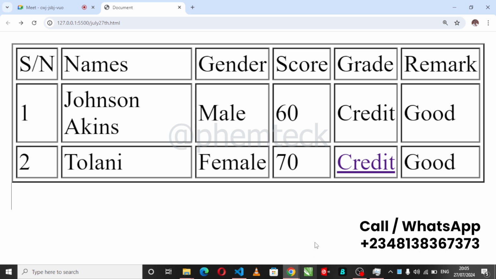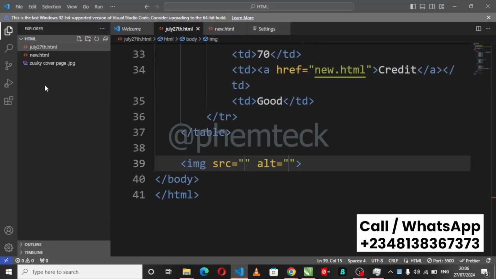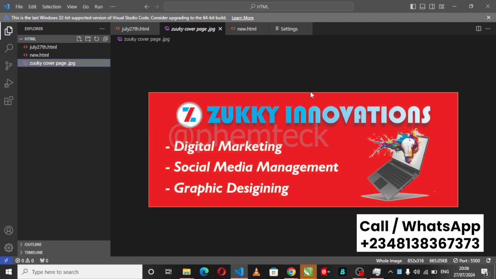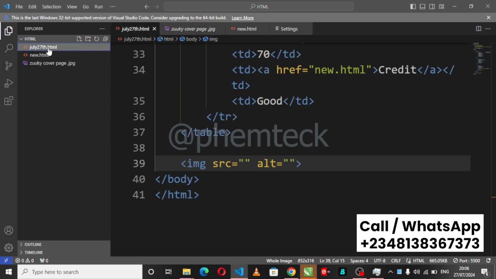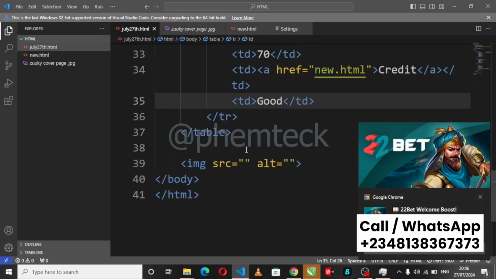If you want to display an image here now, firstly, you put the image inside your project folder. Now the image is here. This is the image I want to make use of. So the image must be inside your project folder before you make reference to it. So you go back to your project here. Now under the source, we have the image source here. Then I will put